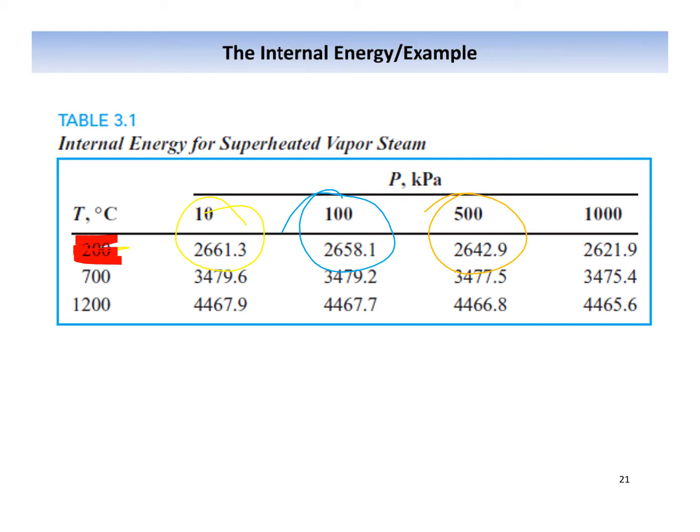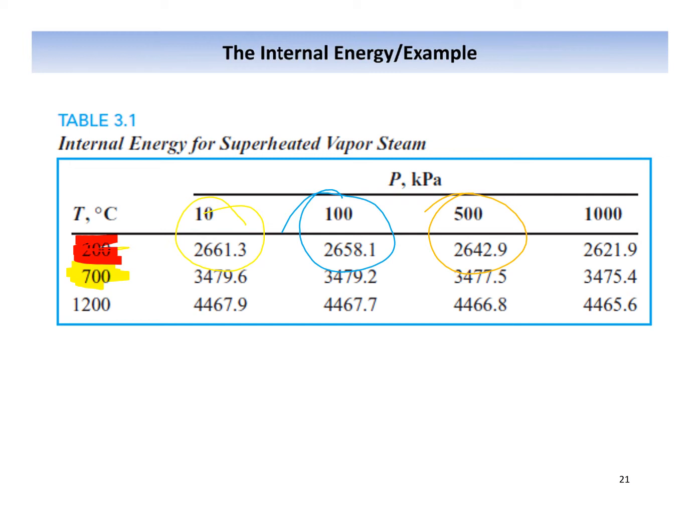constant temperature. We increase the pressure, but the internal energy is not increasing as much. For instance, we have 700. So if we increase pressure from 10 kilopascal to 100 kilopascal, the internal energy of these different steams at 200 degrees centigrade only differs by a few